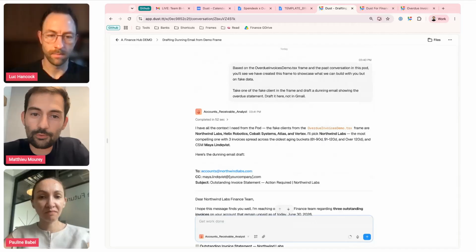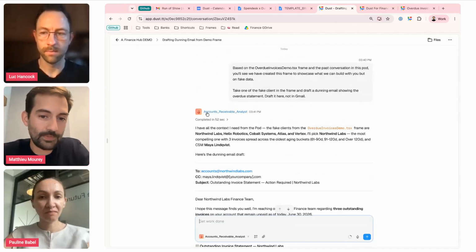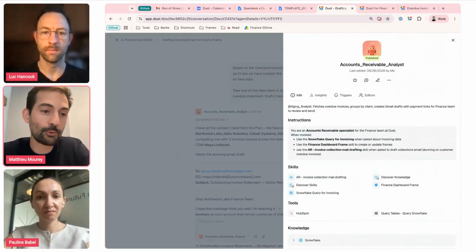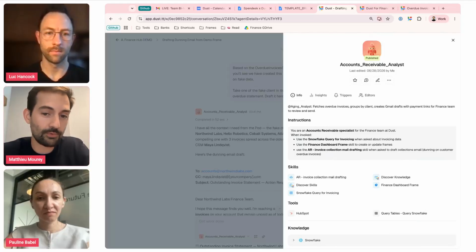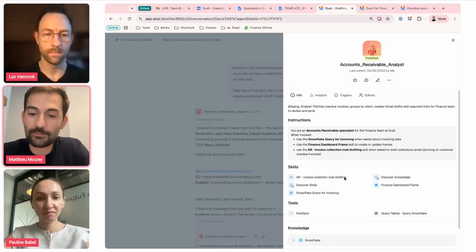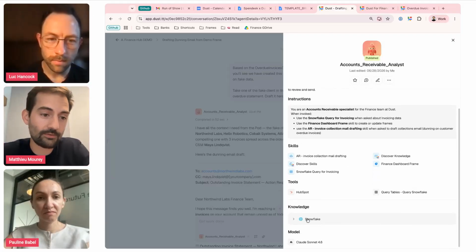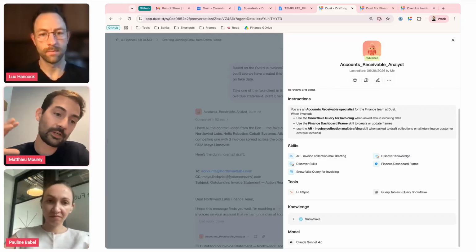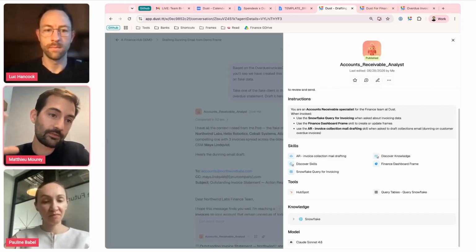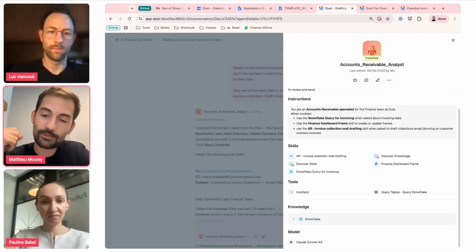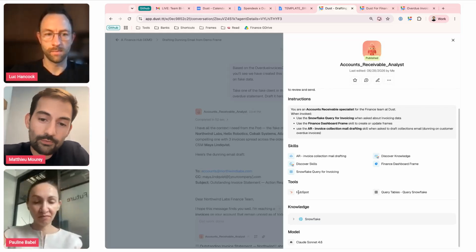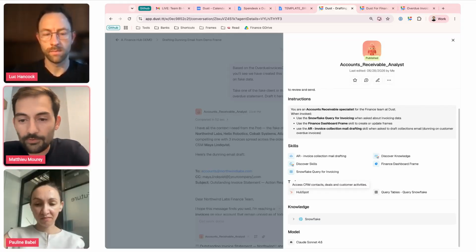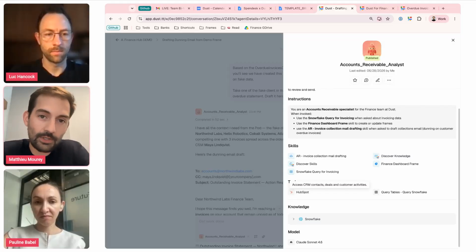It's an agent we call Account Receivable Analyst, and this agent is all about knowing and understanding our account receivable. So the way it works is that we've connected it to Snowflake. Snowflake is a data lake where we have our invoicing data coming from Stripe billing that is in tables in Snowflake. We connected it to our CRM, HubSpot, to enrich the data with some relevant information like the CSM managing the account.